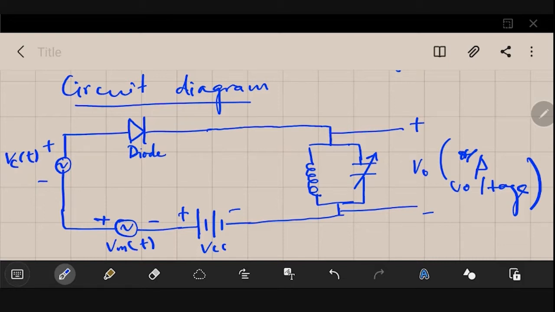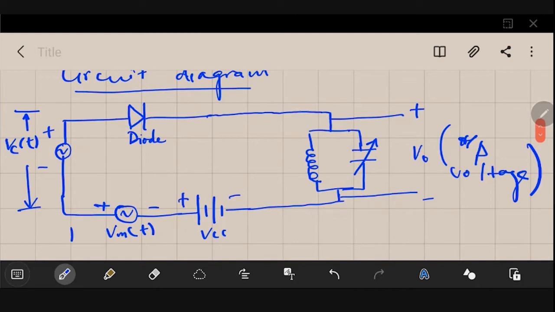This circuit is, as you could see, quite simple actually. It doesn't have many components, and you could see that the modulating signal and the carrier are applied across the diode, and then the modulation takes place. And here you could see that the inductor is there. This one, let me show you. You could see this is an inductor and then a tuned capacitor. So this is basically a tuned circuit that will be filtering out some unwanted components.